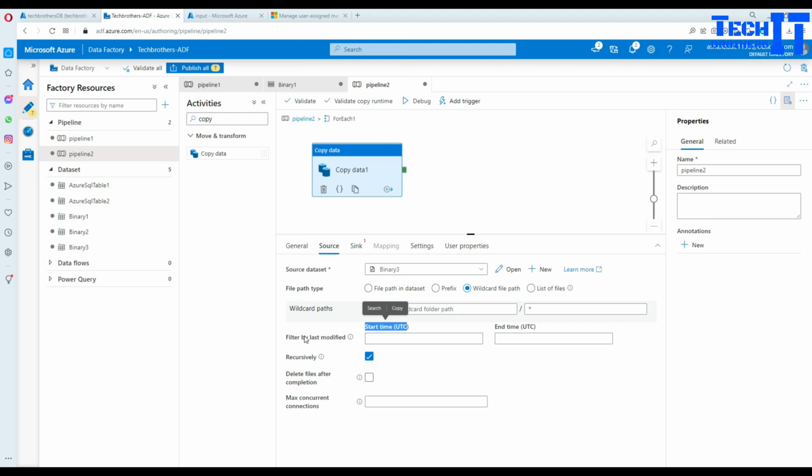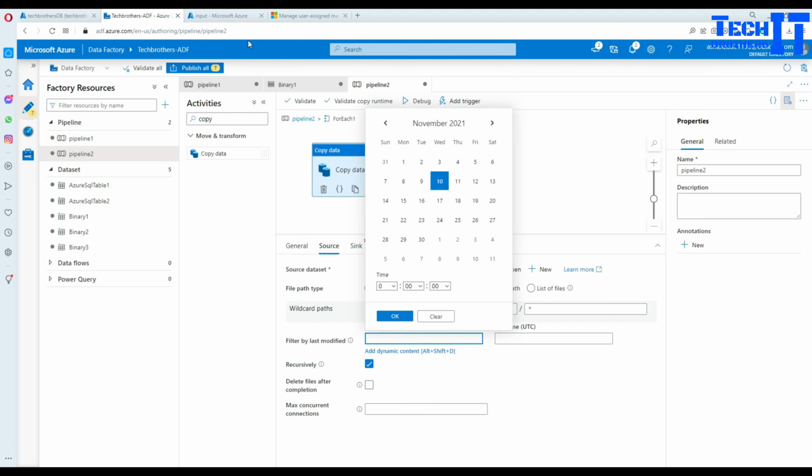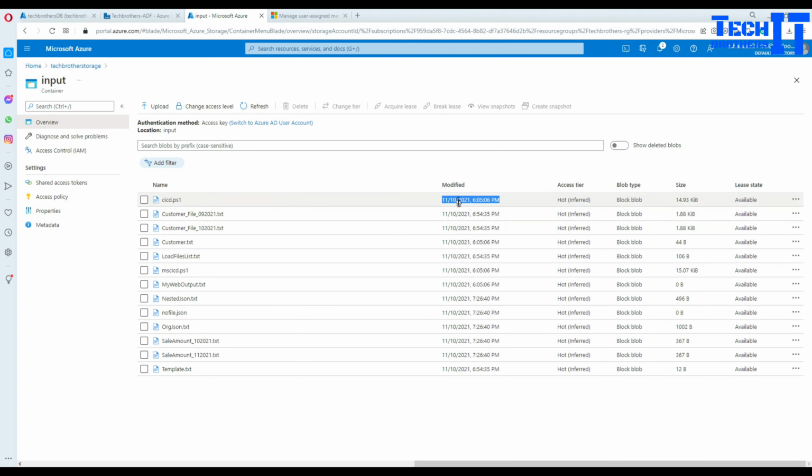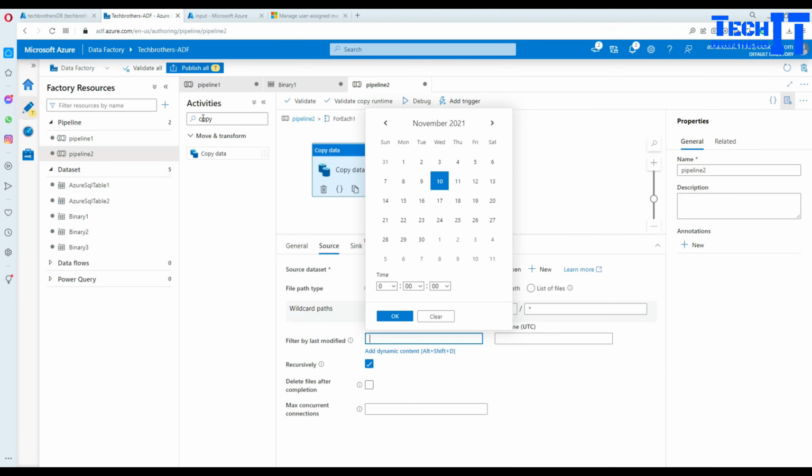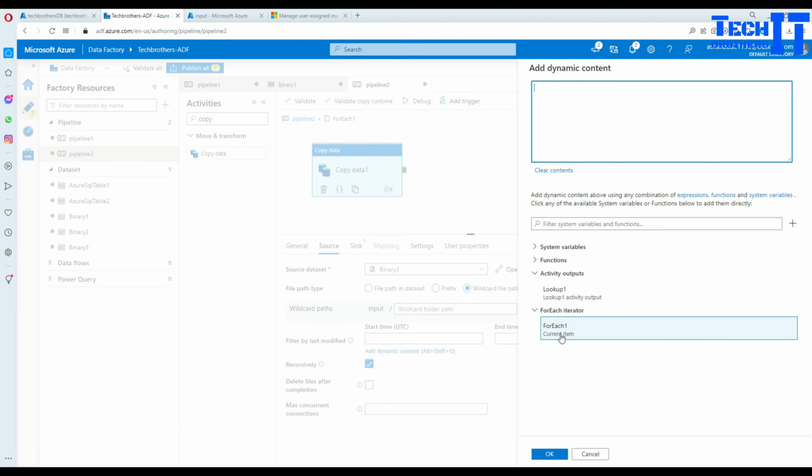So filter by last modified. If you go back here, each file has a modified date. Depending on that modified date, I'm going to choose the files. So I'm going to hit add dynamic content here, go to the for each, and here I will say start